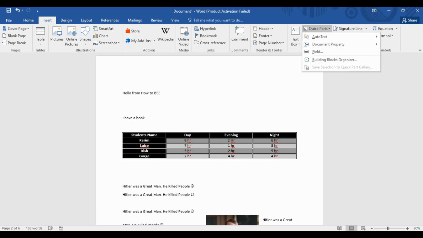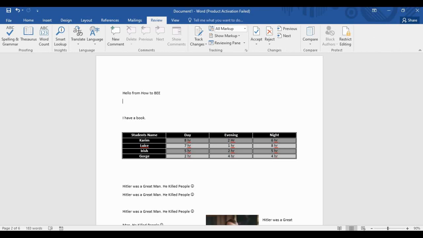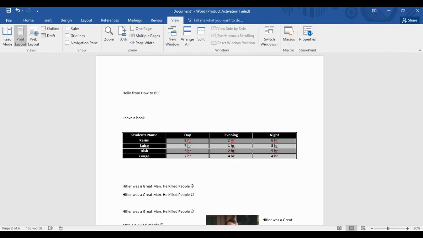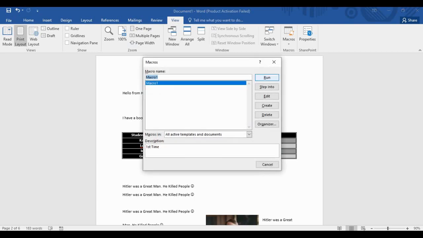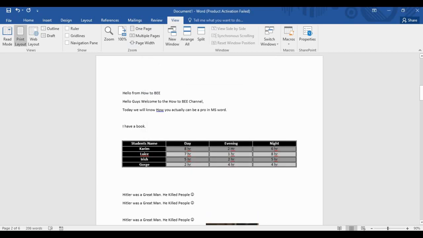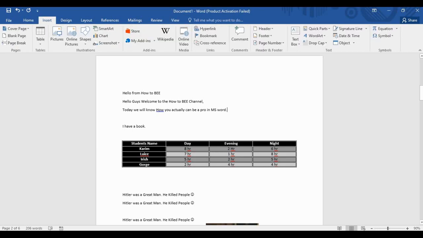So how this macro works, I'll let you know. But we are in the insert section and we are in the signature line, and these are the other parts, like we hardly use this one. And there are some equations, like if you want big equations, like you are making a question for a college or university examination, so you must use these types of equations. These equations are very handy, and as you can see they are the binomial theorem, expansion of sum, and other